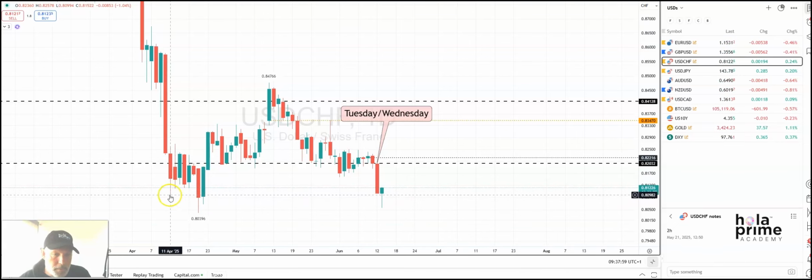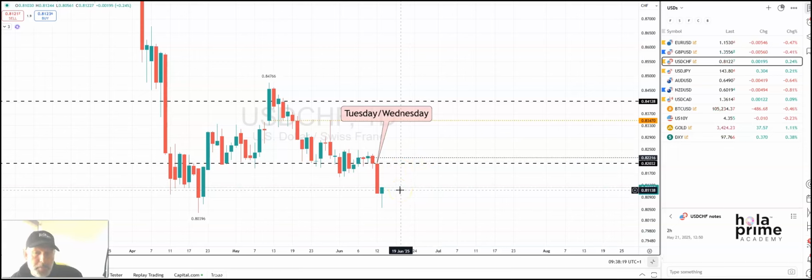That swing low was located at 0.81, and then we've got the close and the open from the 21st of April, 22nd of April, close to here. So again, a little zone there that I would expect this to move down to, but for limited